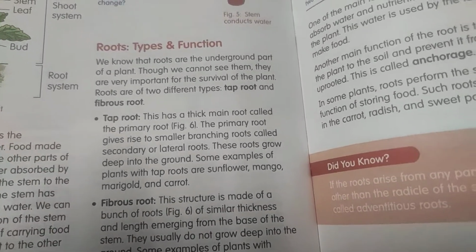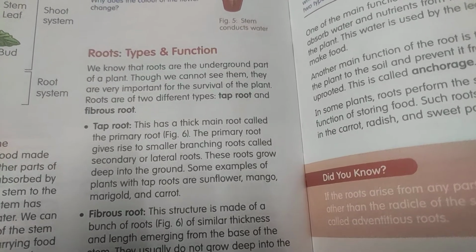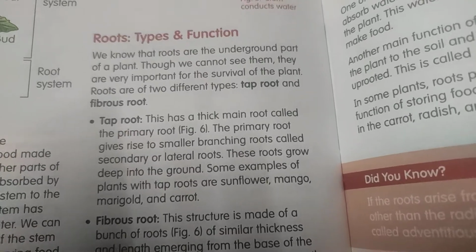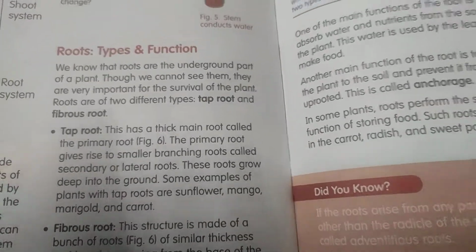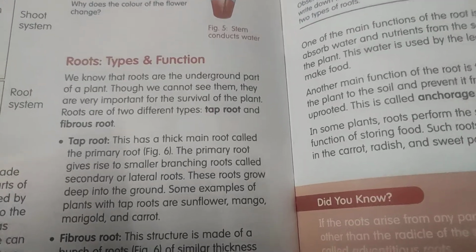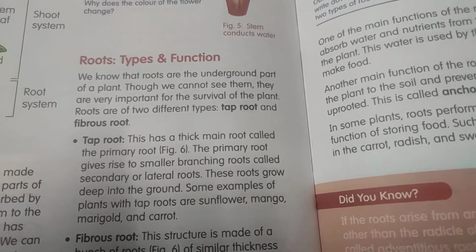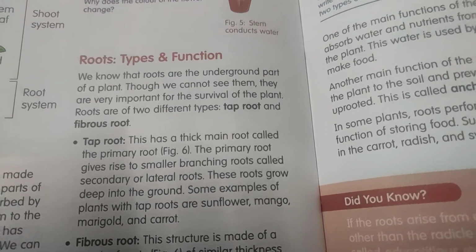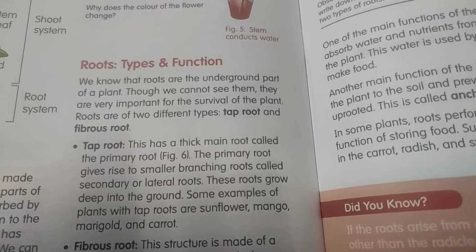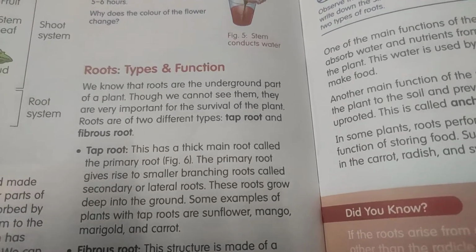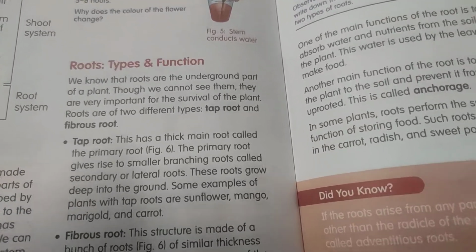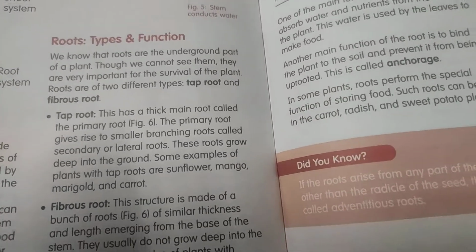So, can you see roots as such? No, right? Whenever we uproot, that means remove from the soil, only then you can see the roots. You can see only the shoot system. Already we have studied that you can divide the plant body into two, called root system and shoot system. Shoot system is above the soil. The stem, branches, leaves, flowers, vegetables, fruits all will come under shoot system. And the underground structure is called root system.